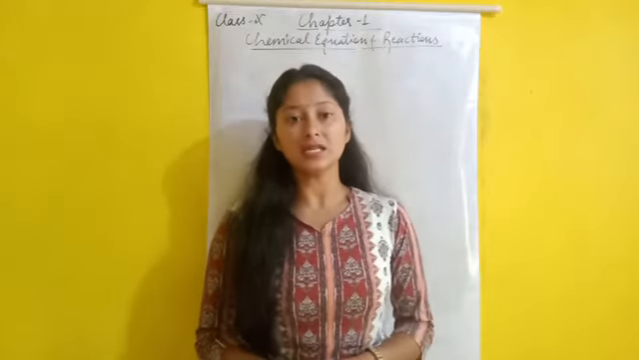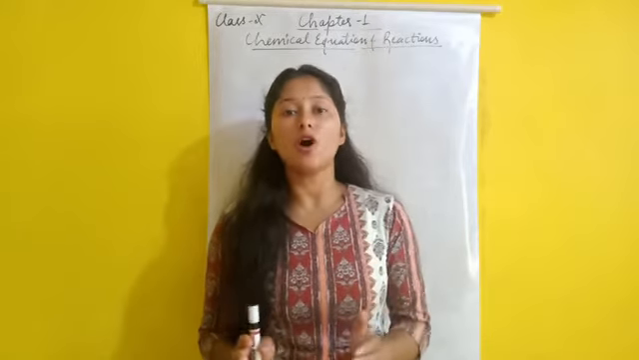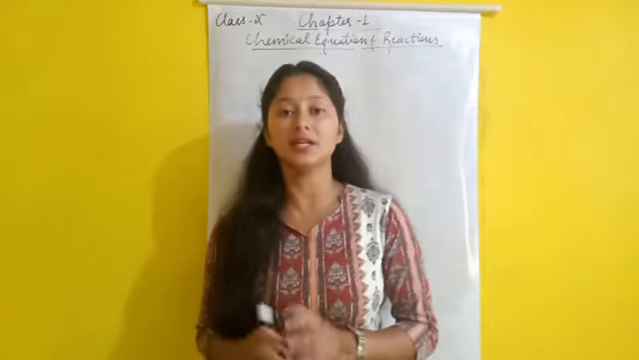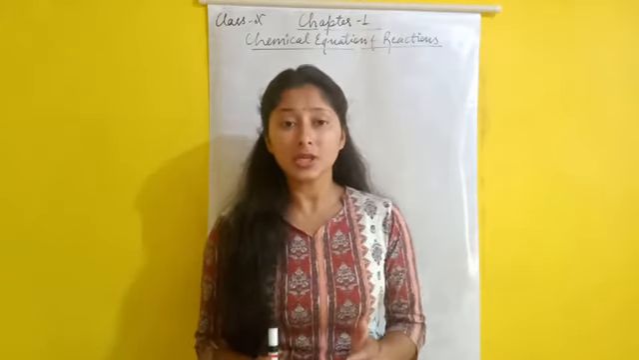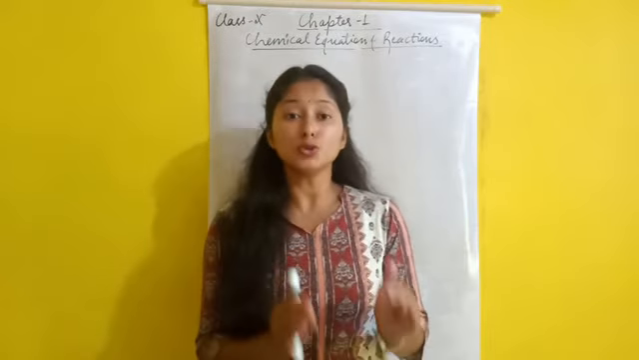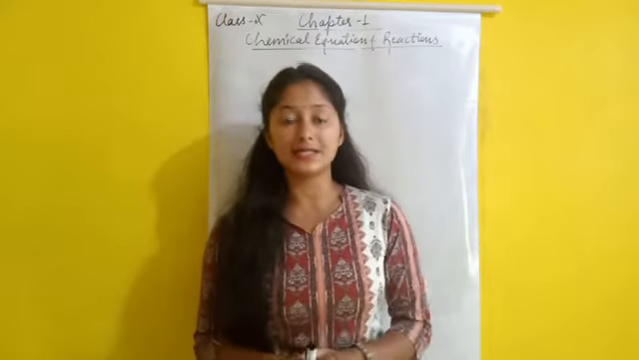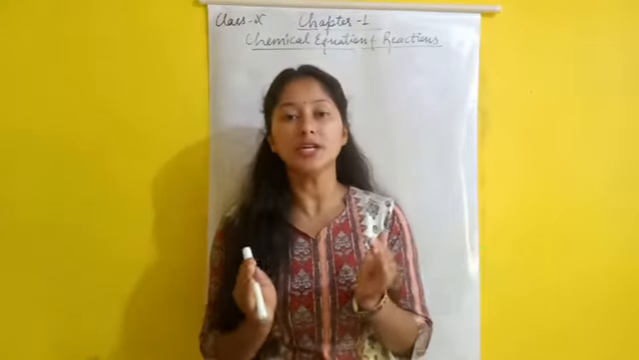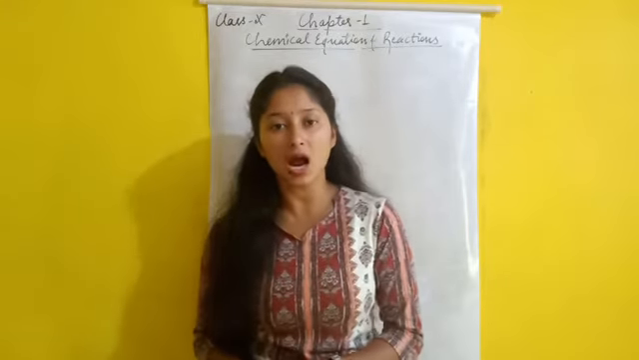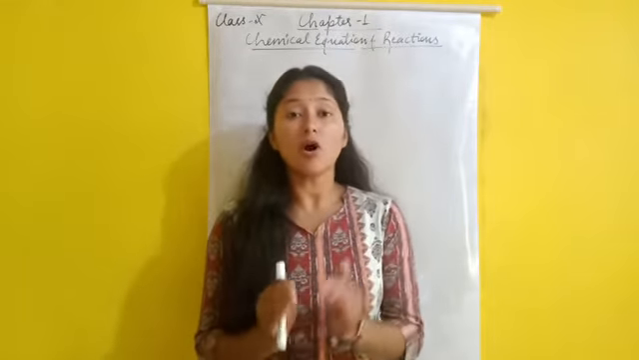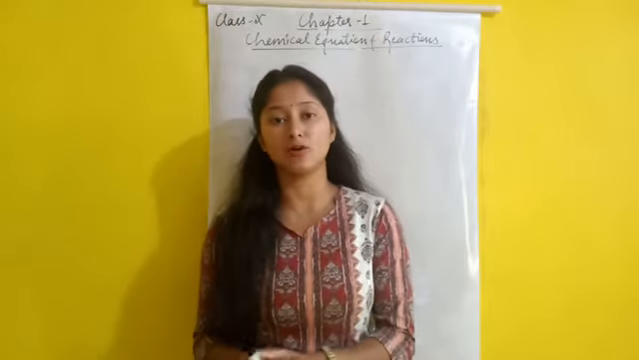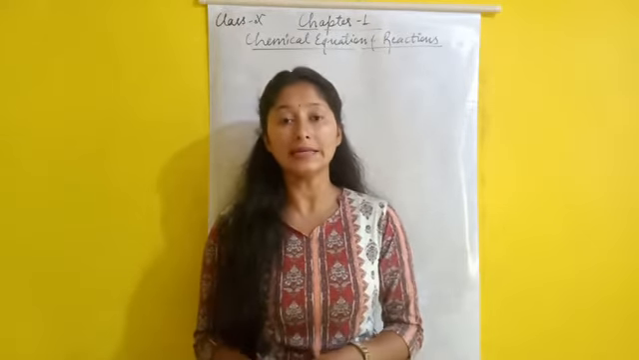In the previous class, we studied types of chemical reaction, in which we studied combination reaction. A reaction in which a single product is formed from two or more reactants is called a combination reaction. An example of a combination reaction is when calcium oxide reacts with water, it gives calcium hydroxide, a single product, and heat